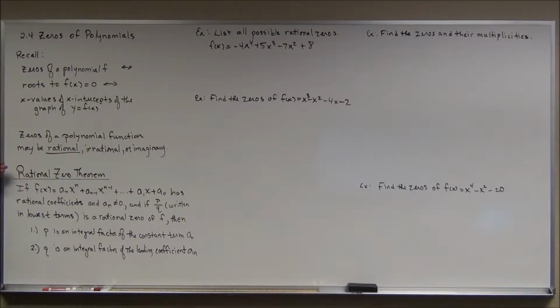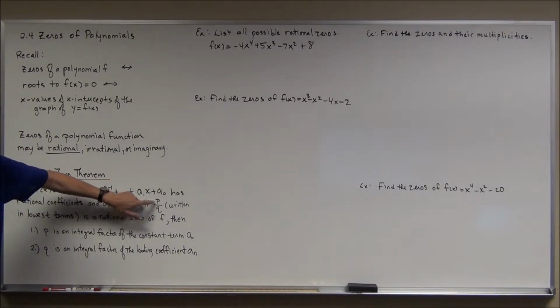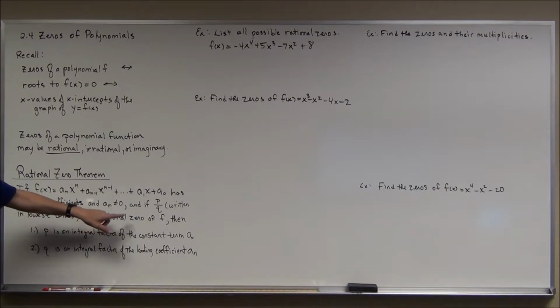Now in this book, we refer to it as the rational zero theorem. Some books call this the rational root theorem. And it says if f of x is equal to a sub n x to the n plus a sub n minus 1 x to the n minus 1 plus dot dot dot all the way to a sub 1 x plus a sub 0, and they have rational coefficients, all these a's are rational numbers, and the lead coefficient is not 0, and if p over q, where p and q are integers written in lowest terms, so you simplify the fraction, is a rational zero of f,